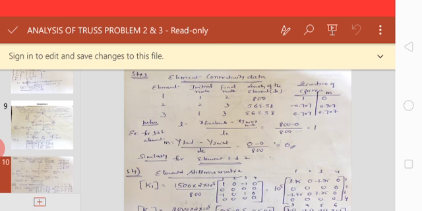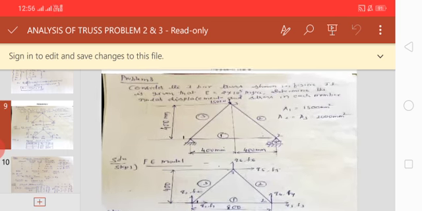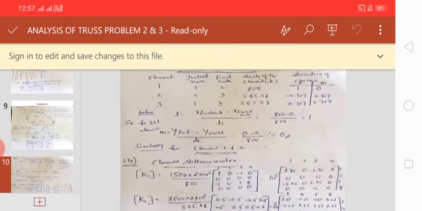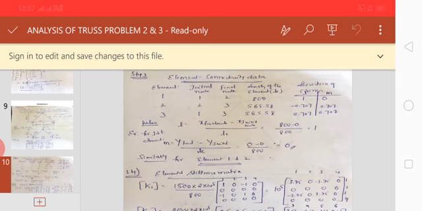And also the third element is made up of 2 nodes. Obviously those 2 nodes are 3 and 1. Here also you have to choose which one you are going to take as initial and final. But I have taken 1 as initial and 3 as final. You can also take 3 as initial and 1 as final. There is no problem in that. Even if you take it that way, finally the value will be the same.